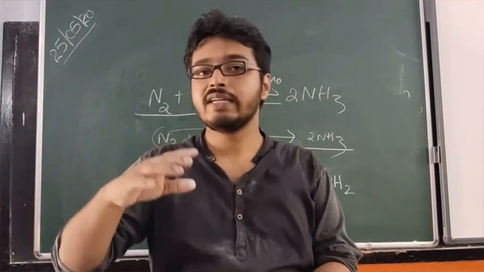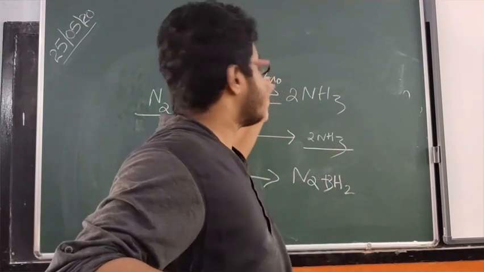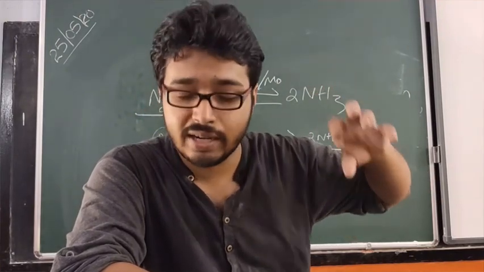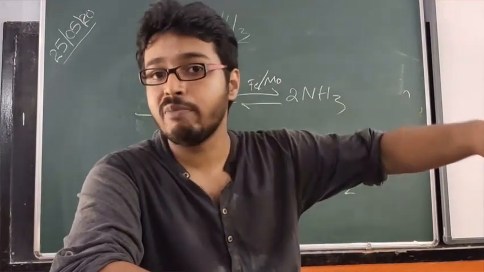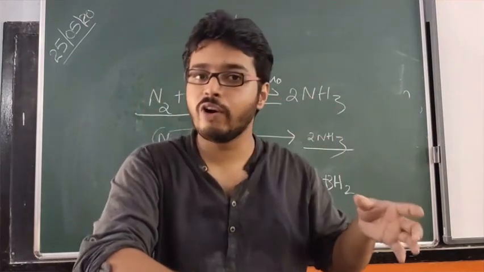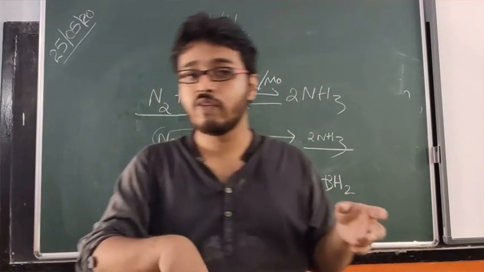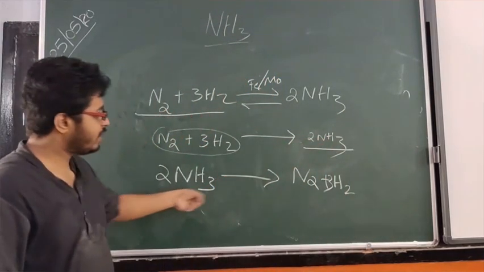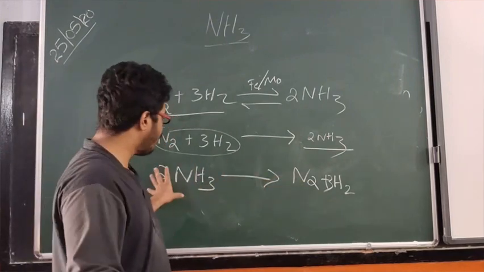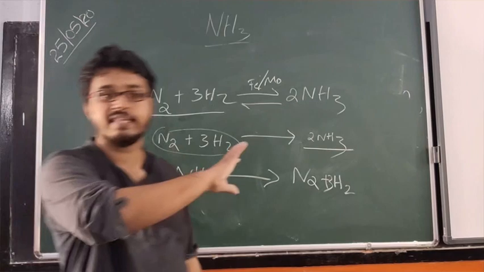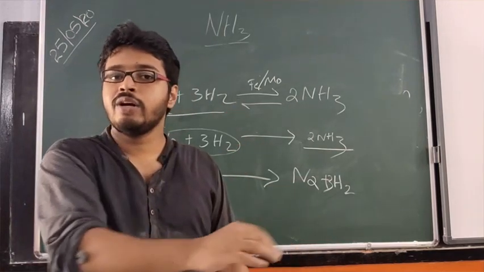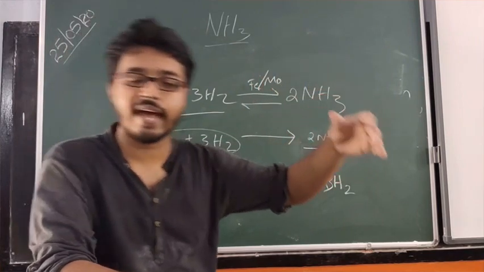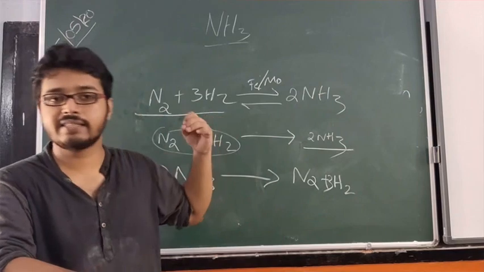There is a cooling chamber going up that is collecting the gas from the catalytic chamber, liquefying the ammonia, that is, removing the ammonia. So we are reducing the amount of ammonia and increasing the amount of reactant. If we don't reduce the amount of ammonia, if the amount of ammonia is more, it will decompose easily. So to avoid excess ammonia, we will continuously take the gases from the catalytic chamber and try to liquefy the ammonia. The remaining N2 and H2 are taken back into the catalytic chamber.